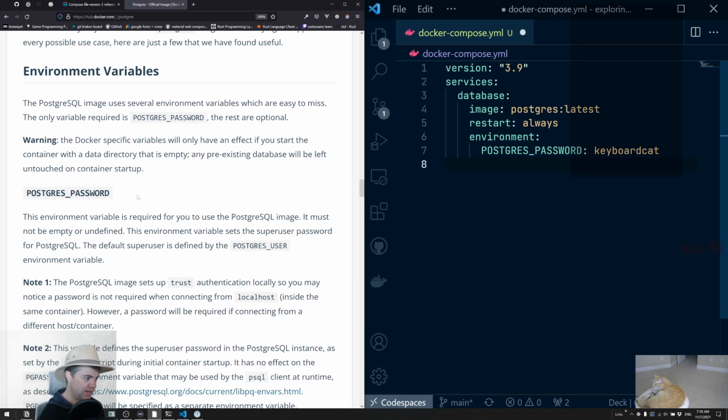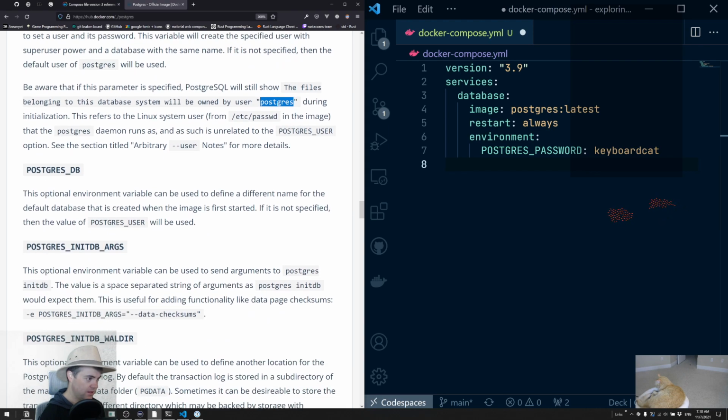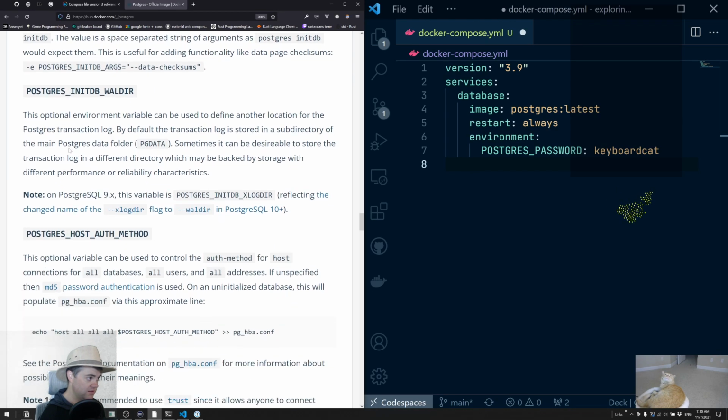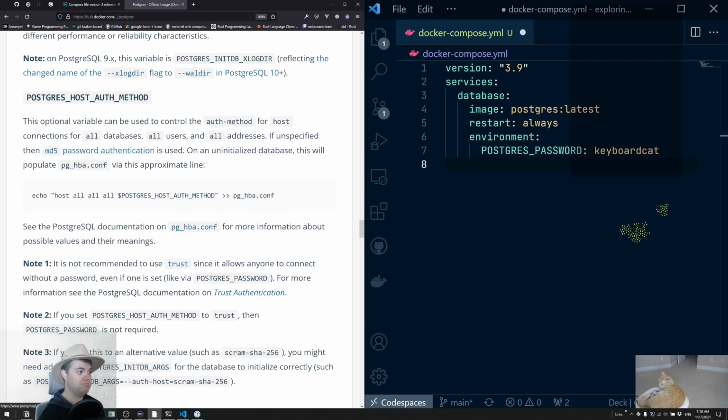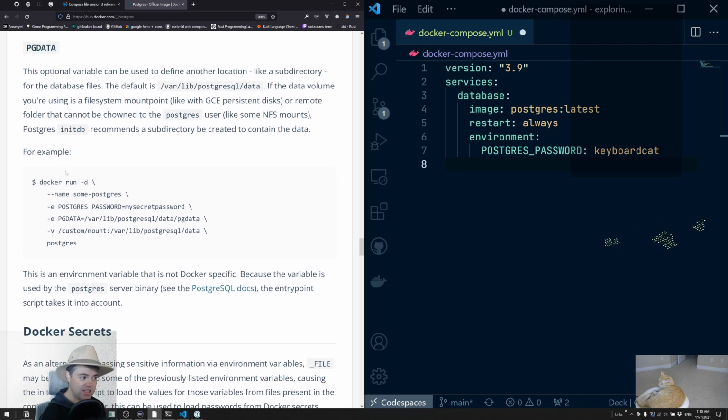Okay, so we have Postgres password, Postgres user. This is going to be just Postgres. Database is going to be default database. That should be fine. PG data. I'm just going to leave the PG data as the default. Oh. But